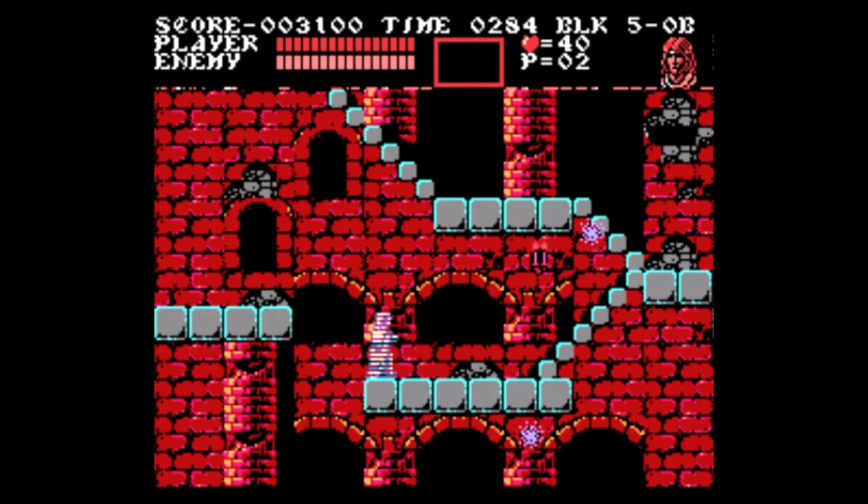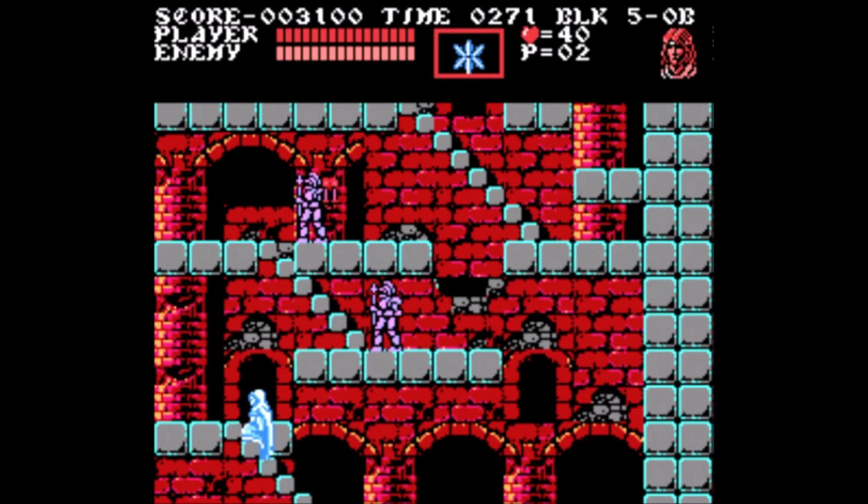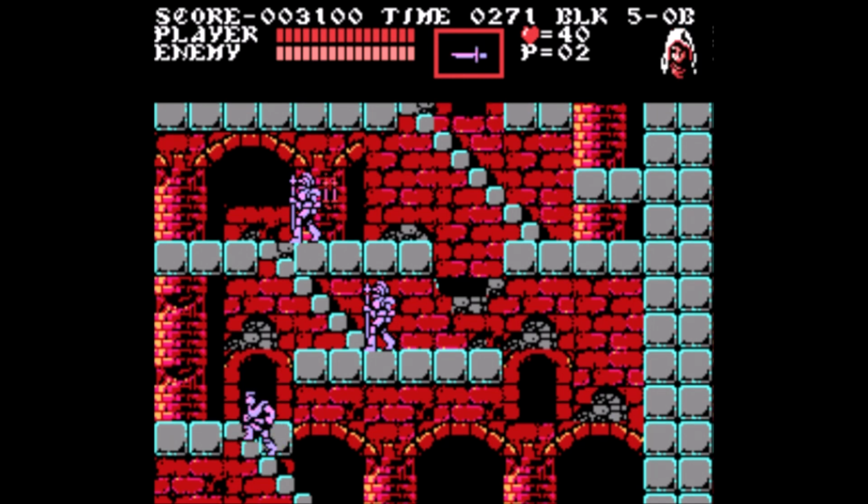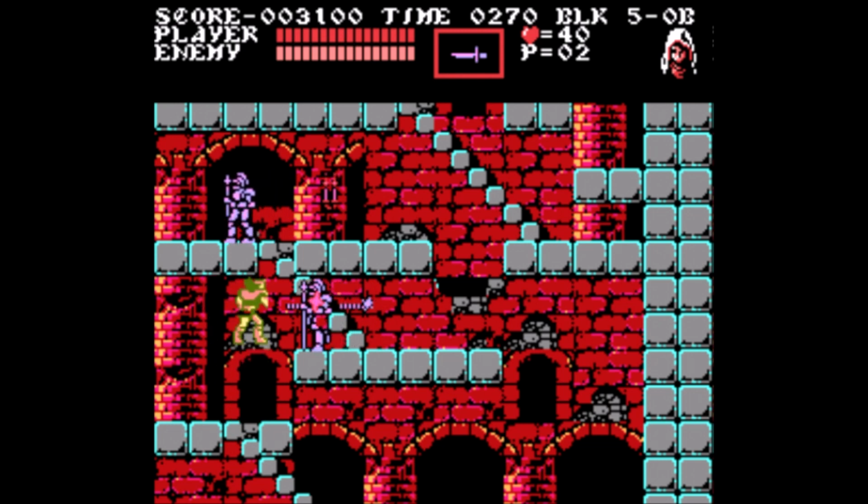This is one I want to get with Sypha for sure. So that'll give me the ice spell. Or it's a lightning spell. No, it's the ice spell. Which we never really got to show off. This isn't really the place to show it off. Although it's a lightning spell that's really good there, but we can show it off on the screen that has the...